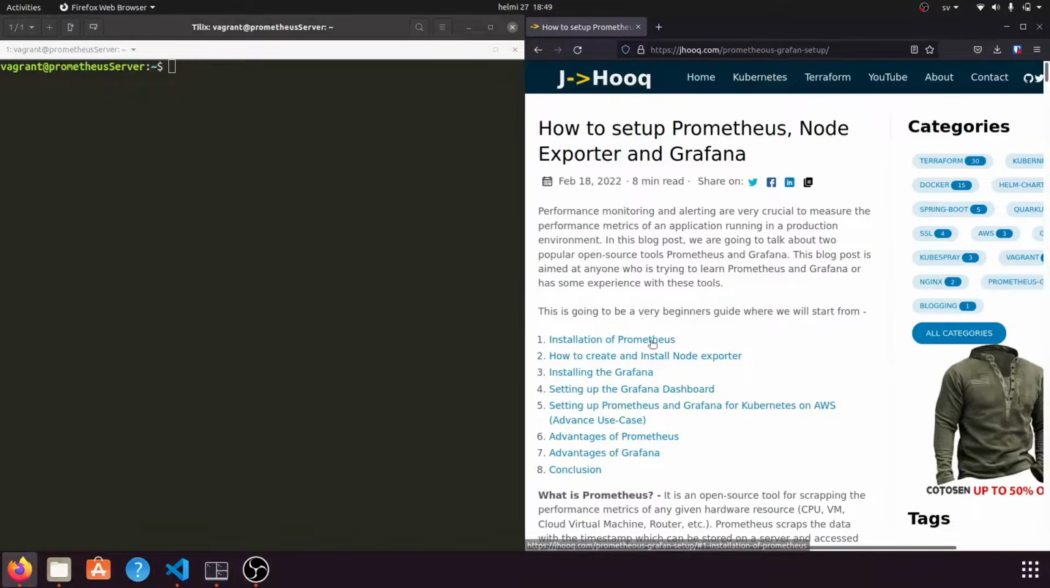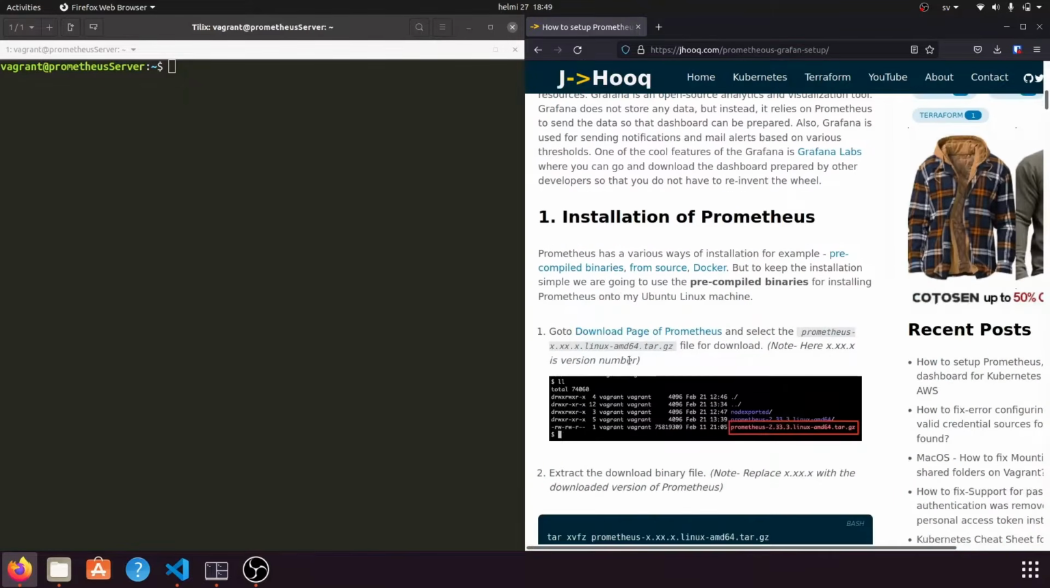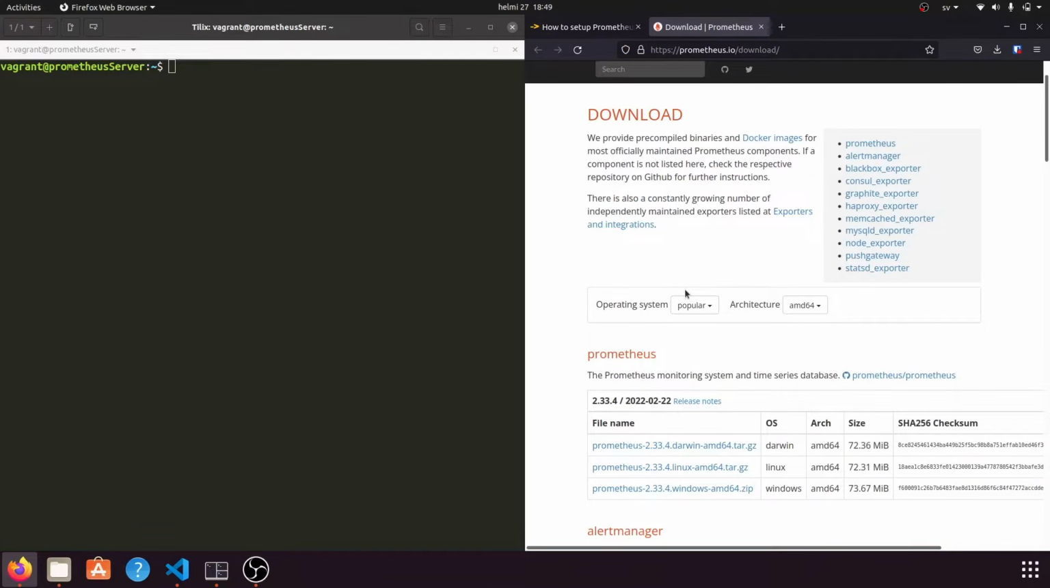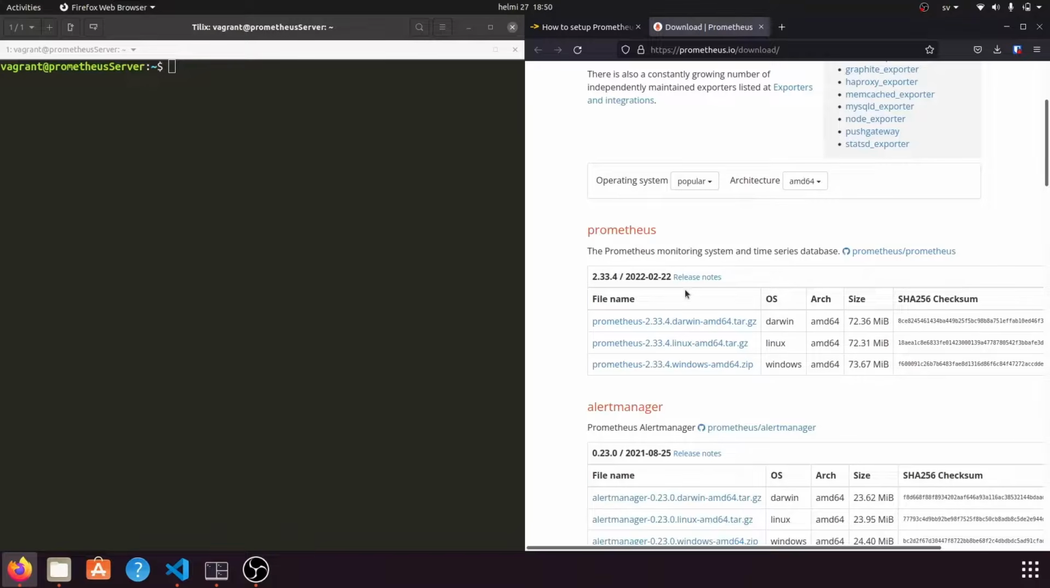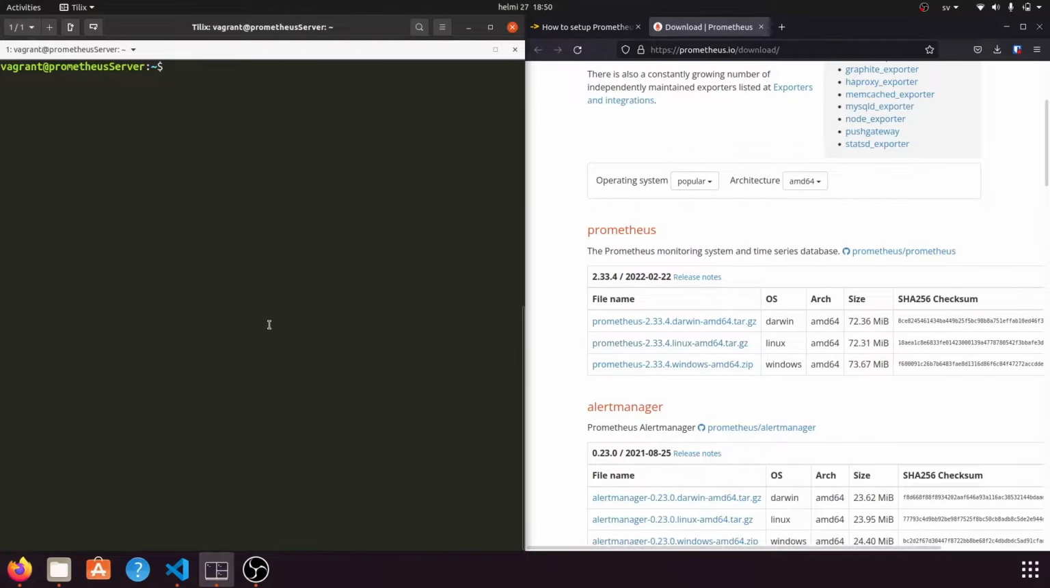Let's start from step number 1, and step number 1 is installation of Prometheus. If you follow the instructions, here there is a download link, and this is the official download page from Prometheus, and here we need to first download the Prometheus binary. Since I'm using the Linux operating system, I'm going to use the Linux binary for installing my Prometheus. So just copy the link from here, go to your terminal,